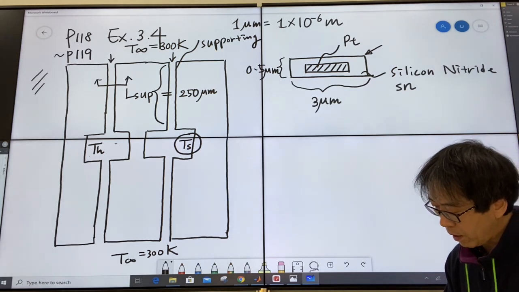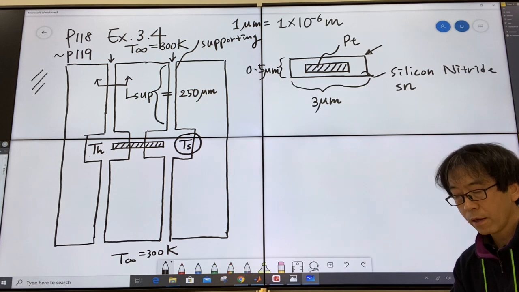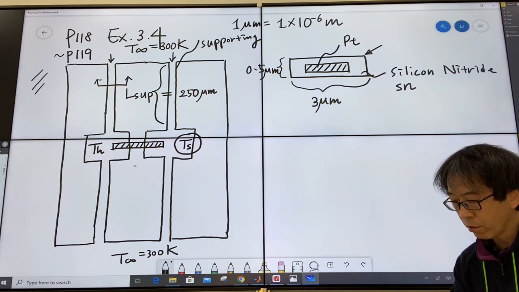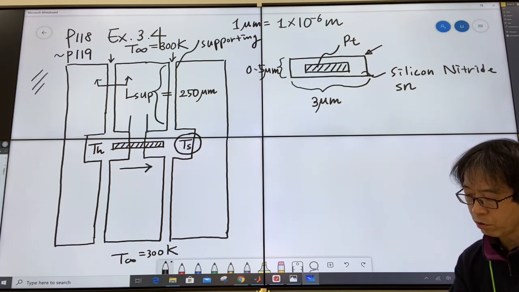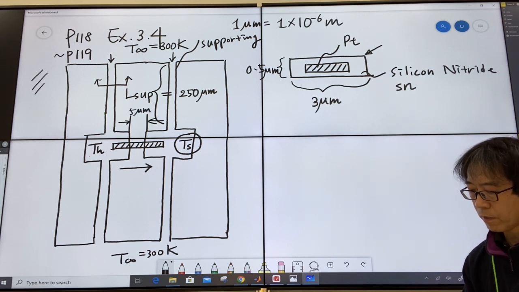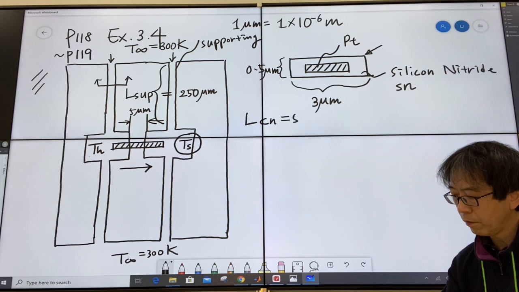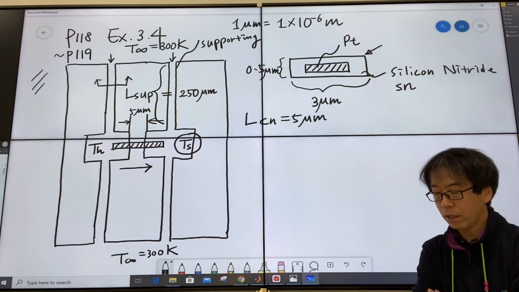Because they will put a little carbon nanotube here across the gap. Okay, and heat generated from the left hand side will actually migrate to the right hand side through this carbon nanotube. Okay, and the gap size of this carbon nanotube is 5 microns. 5 microns. Okay, so I would put the L carbon nanotube as 5 microns. Okay, just to give you an idea about